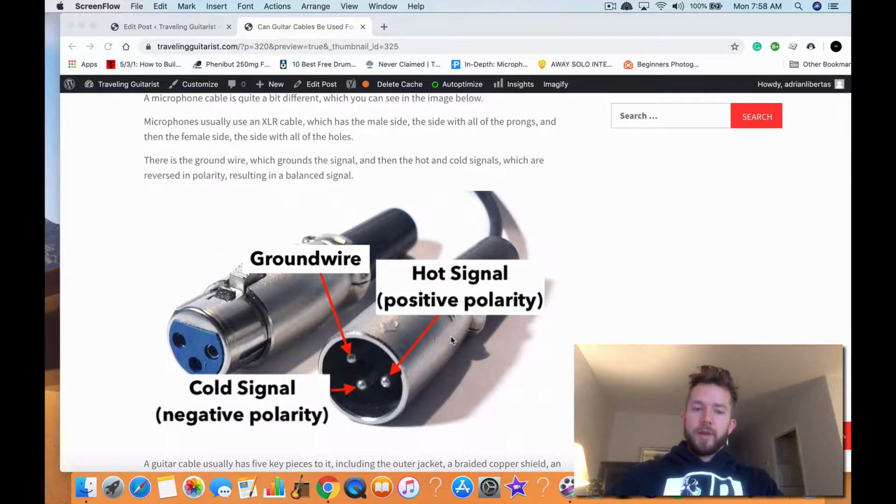So here's what an XLR cable looks like. You have your hot signal, your cold signal, as well as the ground wire. So there's actually three wires in here. You have two wires that are kind of in opposite polarity to each other. And what that results in is what's called phase cancellation, which means both signals are carrying the